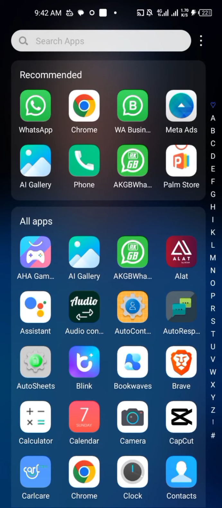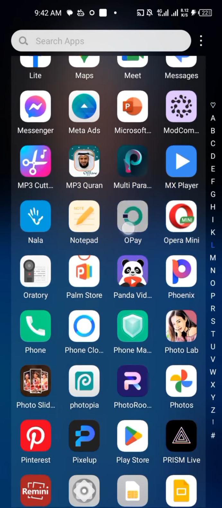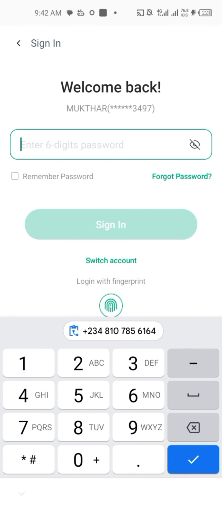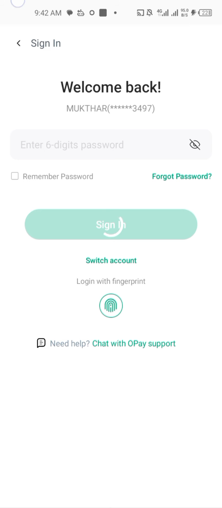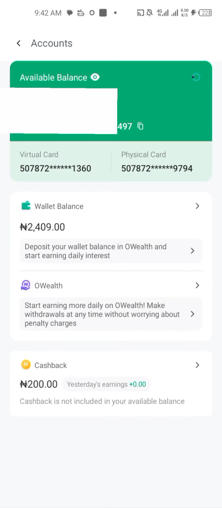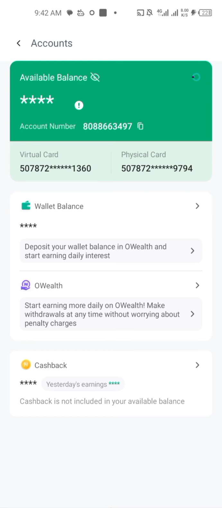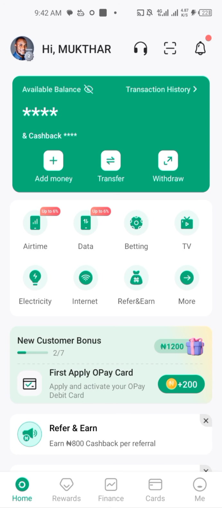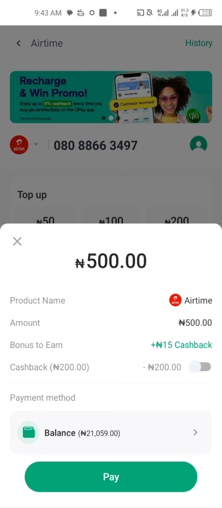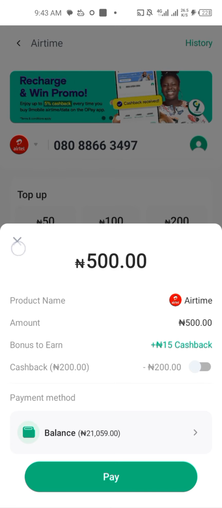All right, so I'm going to be using my bank app, the OPay app I'm currently using, to buy airtime of 500 naira. In your own case, you might use other means. Our mission is just to fund with 500 naira airtime. So then I'm going to be using fingerprint. What I'm going to do right here is click on airtime and fund with 500 airtime, rather, and I'm going to choose